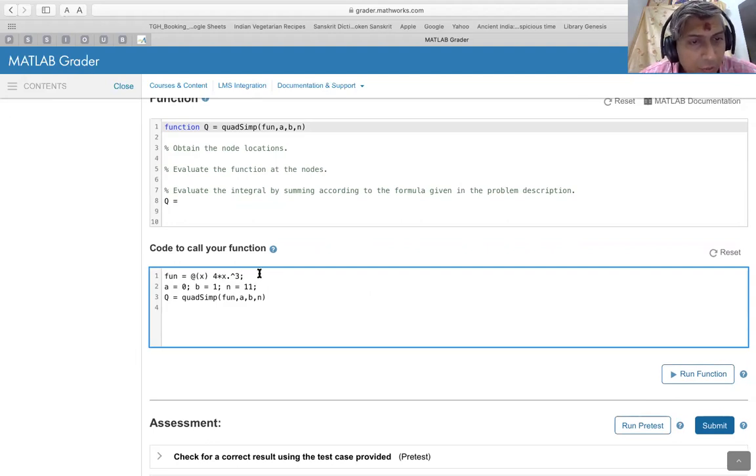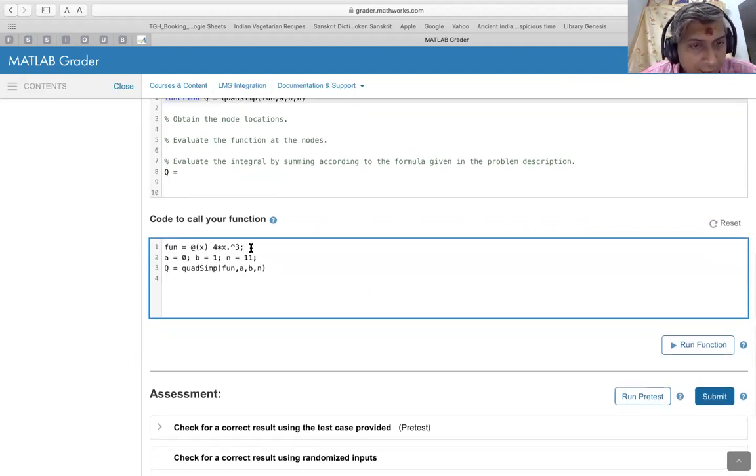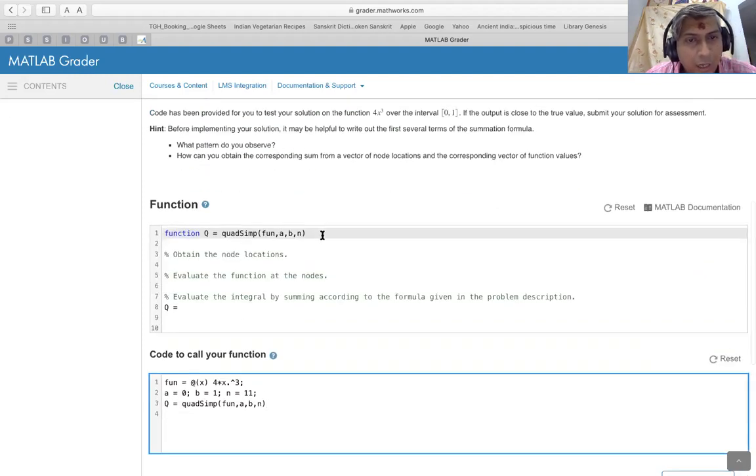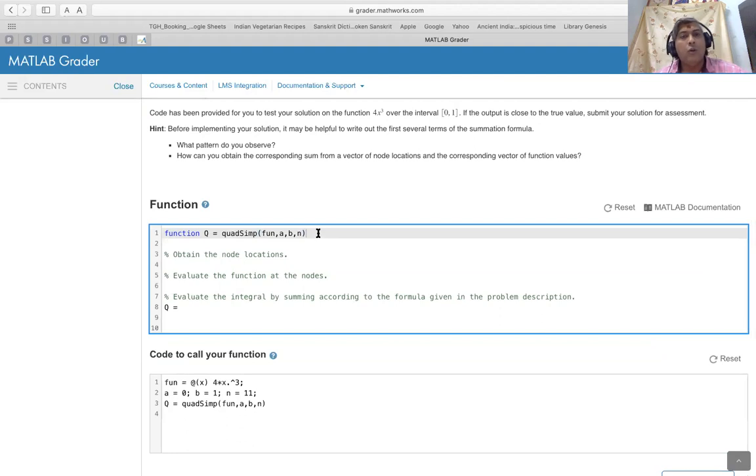So this is the function that needs to be integrated. That is the first line. All right. And these are the settings of the Simpson's rule. And then the function along with the settings of the Simpson's rule are passed on to the function that the user writes. And remember, in locking this line, we have essentially also locked the name of the function, right?